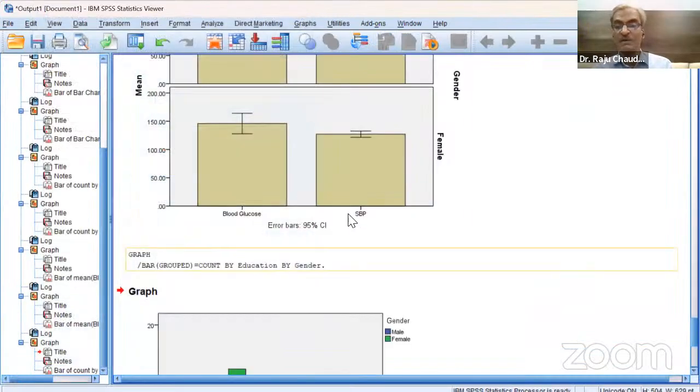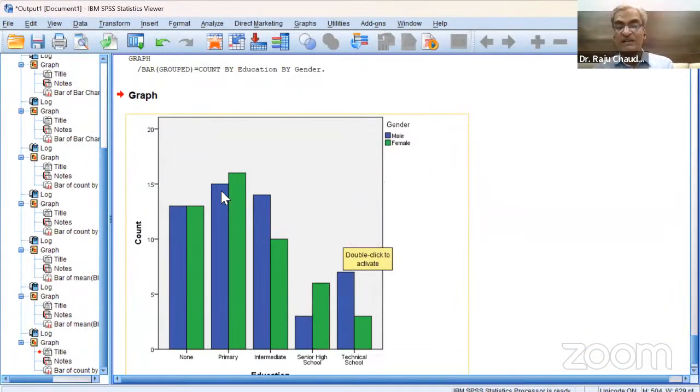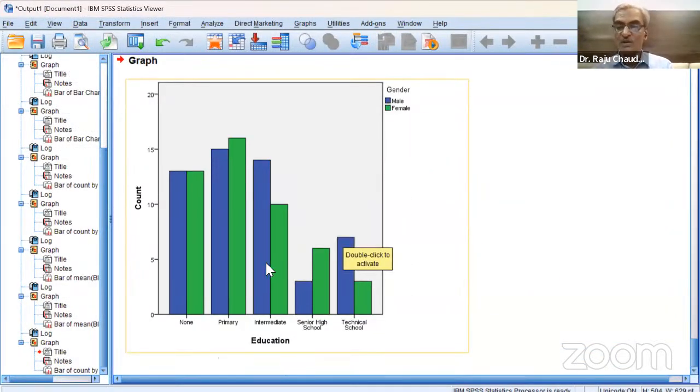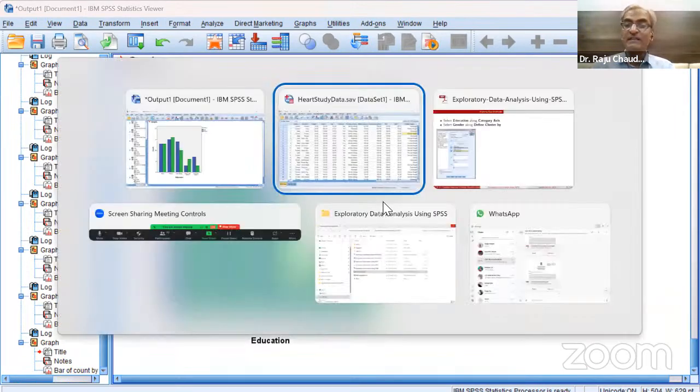Okay, so this is the OK button. Now you can see we have the cluster bar chart, or simply multiple bar chart, because we have selected the first variable as the main variable, that is education level. So along the x-axis we have the education level, and at the same time we have the legend showing two different bars. Blue is for male, green is for female. So this is how we can create the